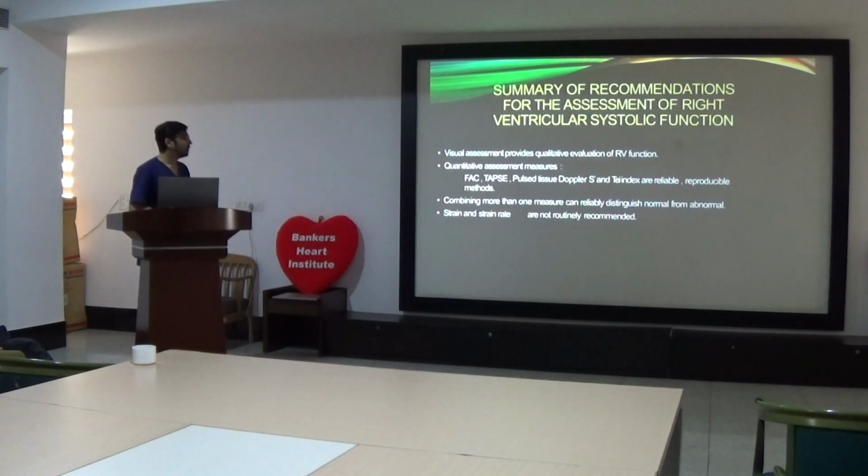So visual assessment provides a qualitative evaluation, by eyeball, of the volume of the RV and contractility. Basically, in routine practice we are doing qualitative assessment. Quantitative assessment like fractional area change, TAPSE, pulsed tissue Doppler, Tei index, myocardial performance index, reproducible methods, all this we are routinely not doing, but this gives the exact idea about RV function, globally or longitudinally, systolic and diastolic. Combining more than one measure can reliably distinguish normal from abnormal. Strain and 2D speckle tracking and